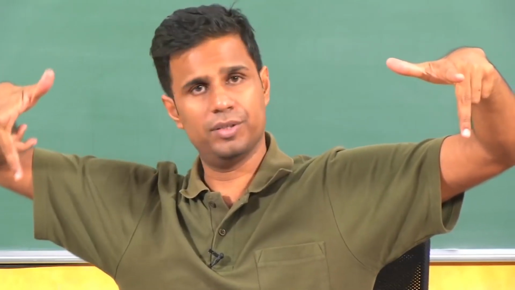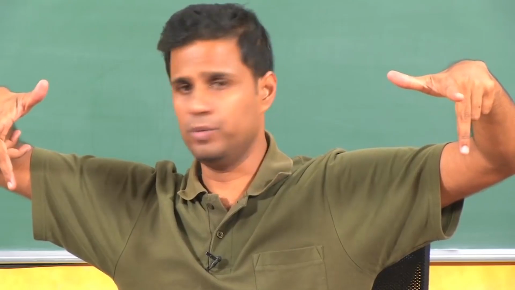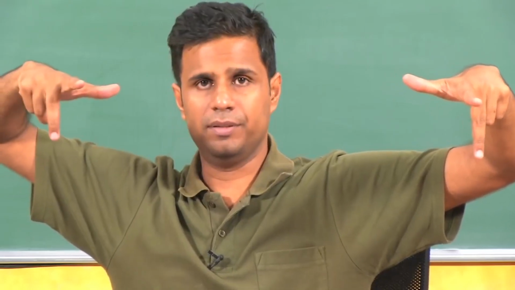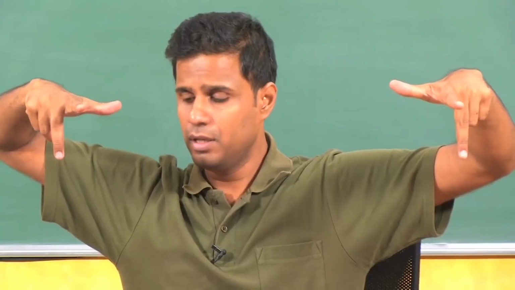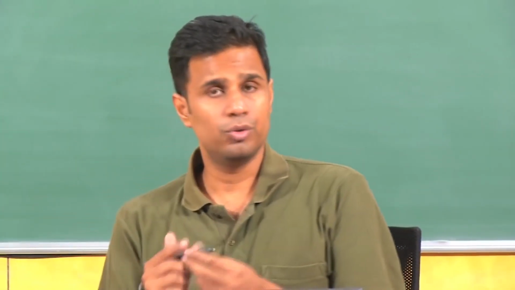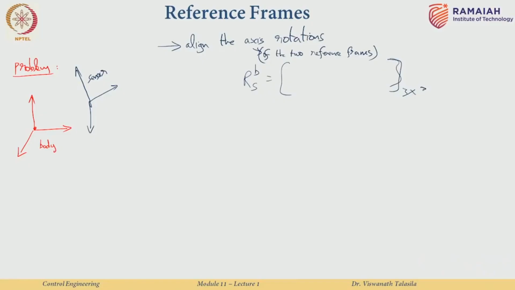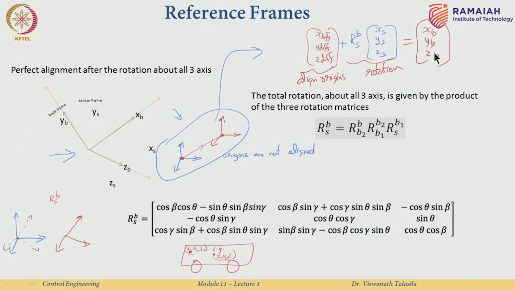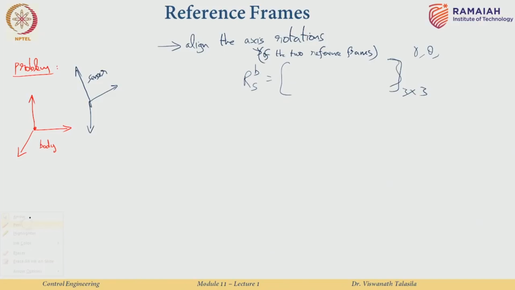As you can see, this is angularly different from this one. Let us first align them together. Now, to align them, you only need that one RS to B matrix, that big 3 cross 3 matrix which you had. You only need 3 angles, as you saw there was a gamma, a theta, and a beta. If you have these 3 angles, you can actually align the reference frames together,